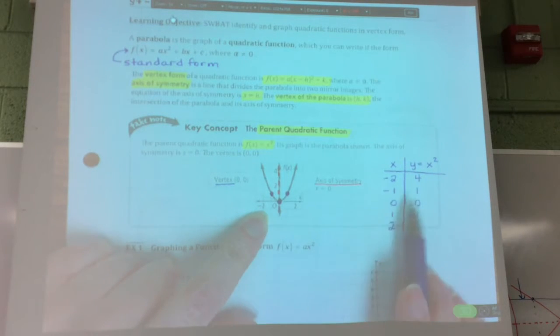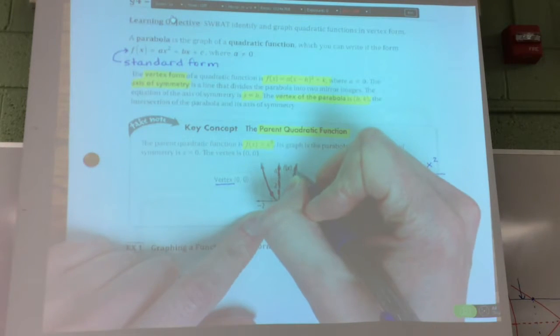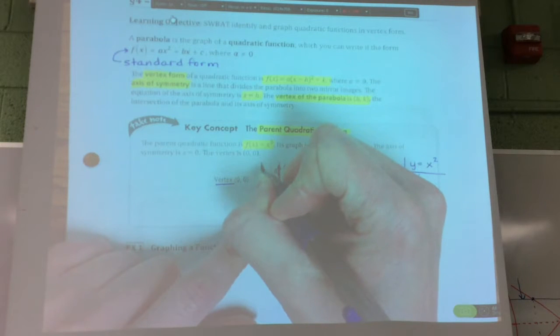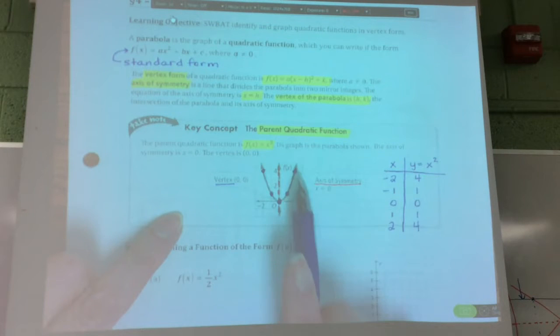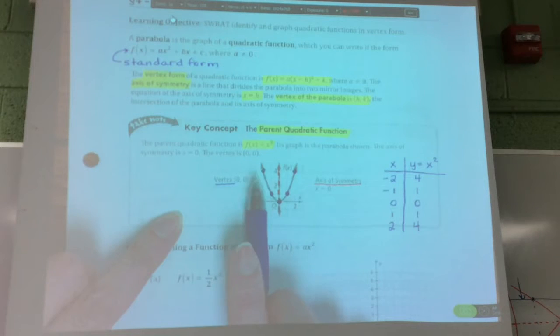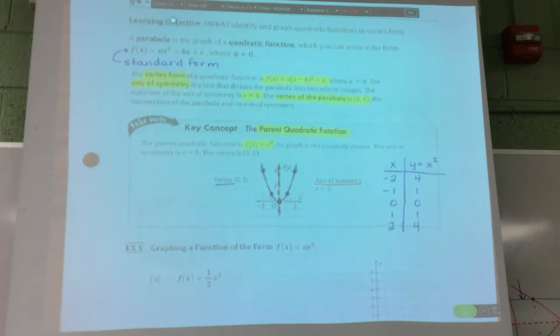Okay? Now, at 2 and -2, you're going to go up 4. So here's the deal. To go from this point to this point, you're going up 3 and over 1. From here, you're going up 3 and over 1 the next way. This is how the parent function graphs. And if you know the structure of the parent function, it'll be a little bit easier to do some of the others. So the very first thing that we're going to do is we're going to graph the function in